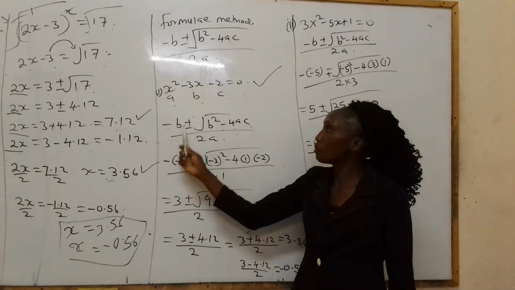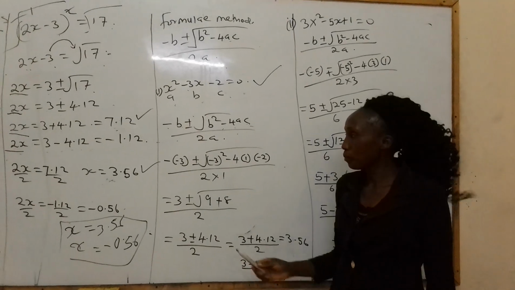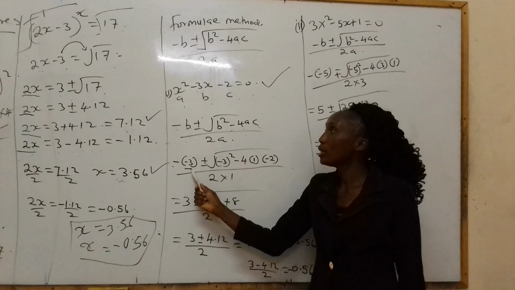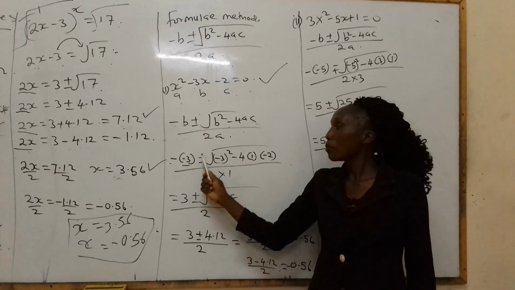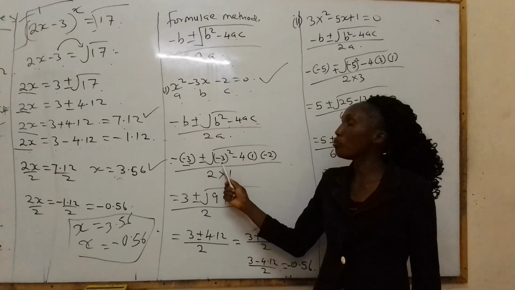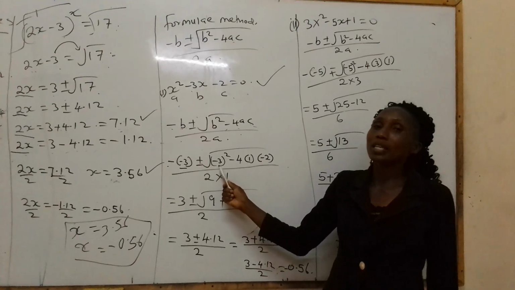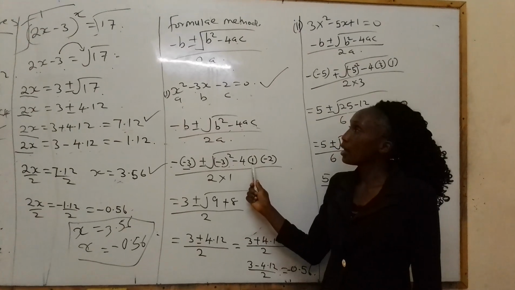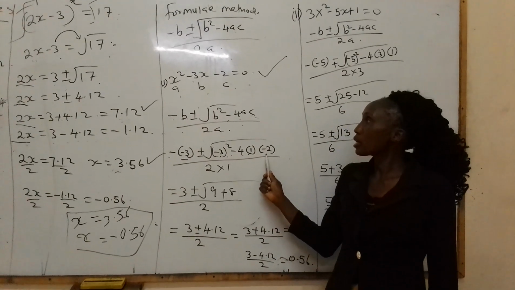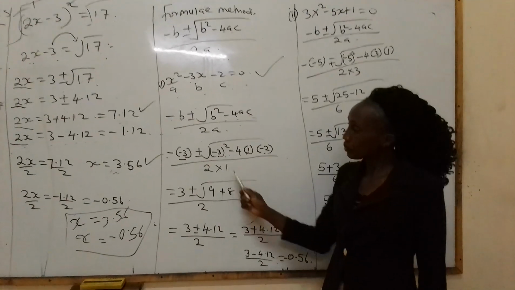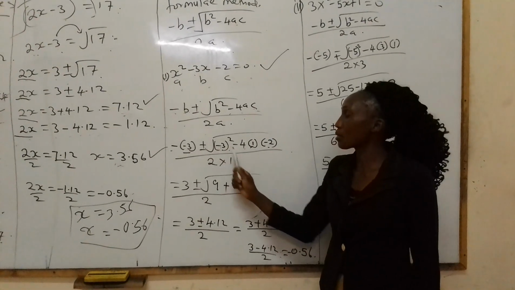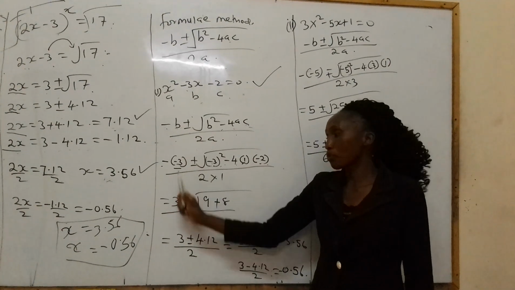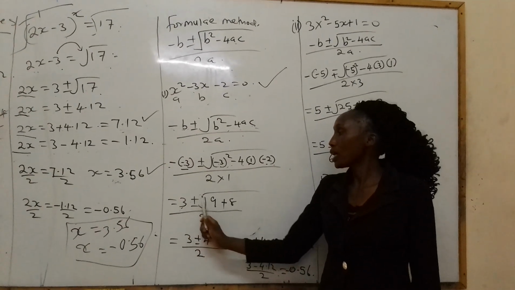Let's replace negative b. b is negative 3. So you say negative b. What is the value of b? Which is negative 3. Plus or minus the square root of b squared. The value of b is negative 3. You say negative 3 squared minus 4. a is equal to 1. c is equal to negative 2. Which is b squared, which is negative 3 squared, minus 4ac. Negative and negative becomes positive, which is positive 3. Plus or minus